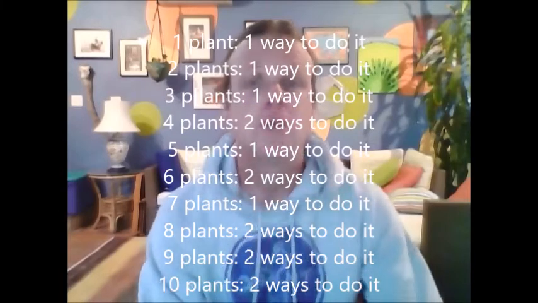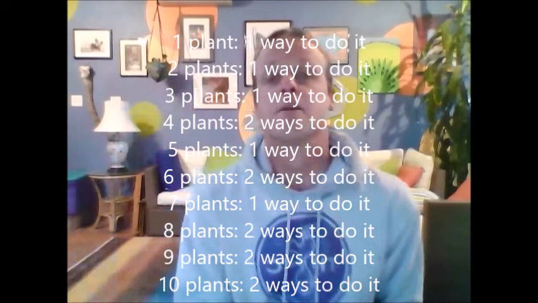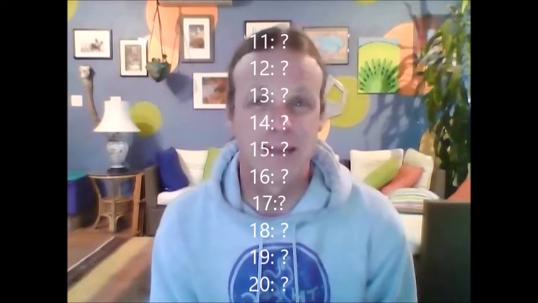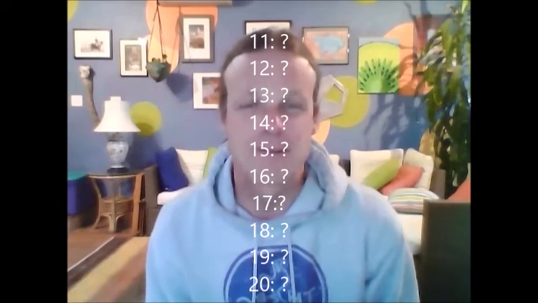You need to figure out what we could do for 11, or 12, or 13, or 14, or 15, or 16, or 17, or 18, or 19, or 20. So all the numbers, 11 all the way through to 20, figure out how many different ways I could do the garden. Now I was drawing on the screen here, but one good way to do it would be to